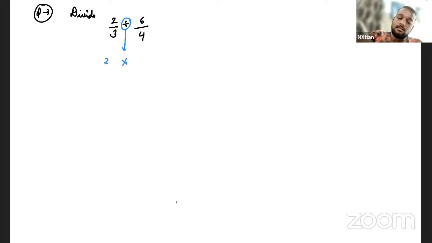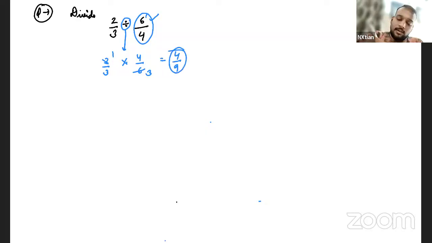Okay, now what is the role of divide? See, divide is given. For example, 2 by 3 divided by 6 by 4. If it is given like this, then how we used to do? We just change this division sign into multiplication, okay, by reciprocating this number. So it means that it is written as 6 by 4. Joshua, please pay attention. It is written 6 by 4, now. Then it will become ulta, means reciprocal. It will become 4 by 6. Understood? So then 2 ones are 2 threes are, and then it becomes 4 by 9.